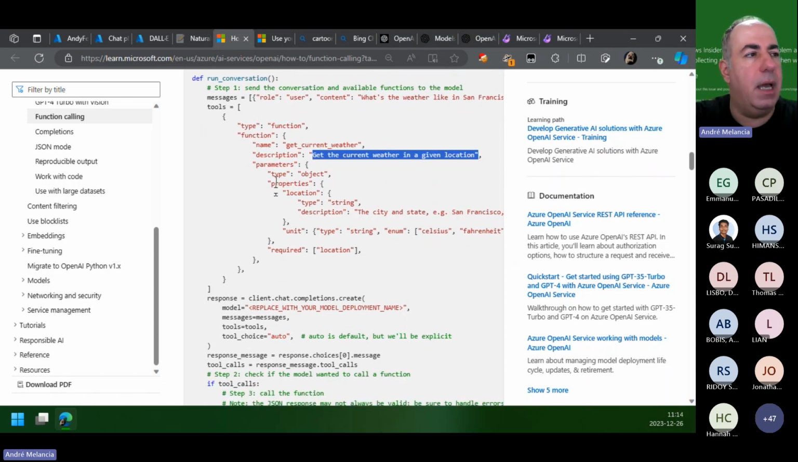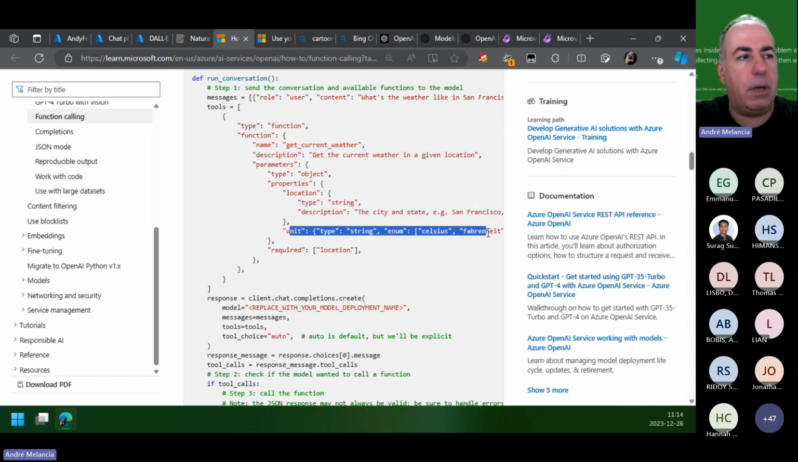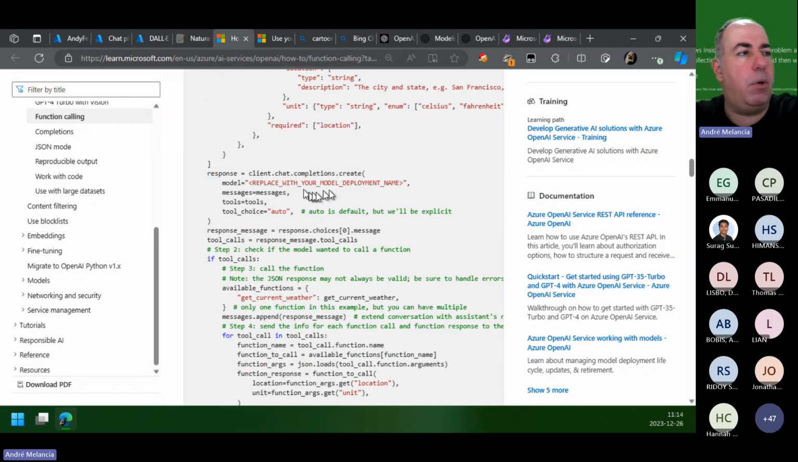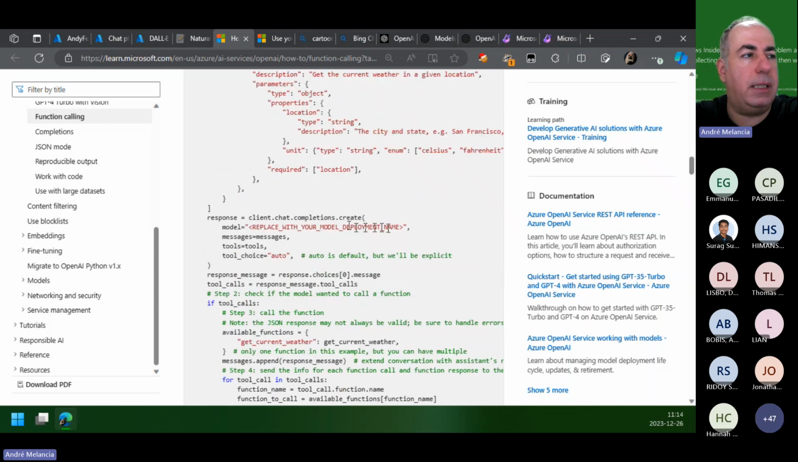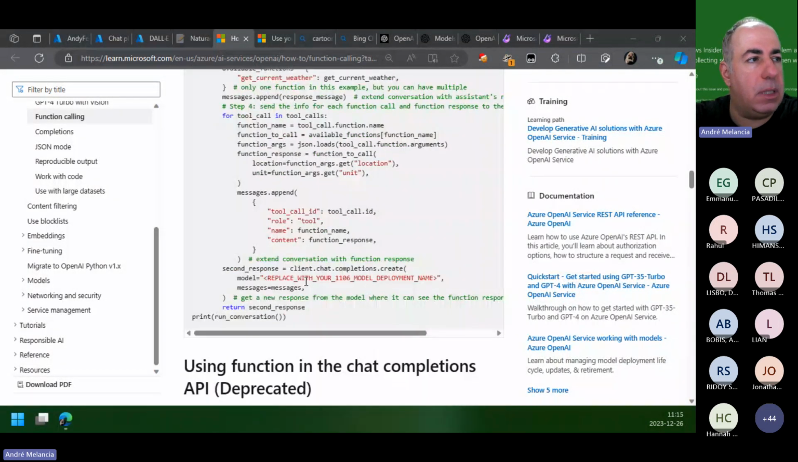But in this case, you have a property called location, which is a string in the description. You have a unit and you have two options. Okay, and at least the required part is location. Okay, and then you get a response, of course, and the response starts by selecting your model. So you have to ask what your model is, let's say GPT 3.5 Turbo, GPT-4, etc. And then the tools are these tools. And then auto means you're not forced to call these tools, but you can call this tool. Okay, so if it is useful, you call the tool. So the result of this will be